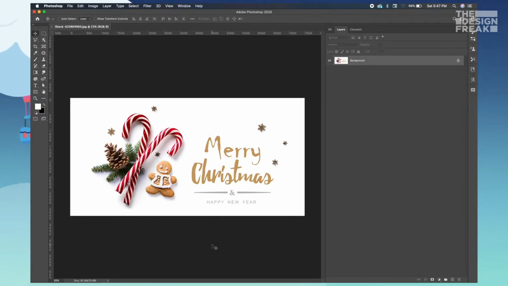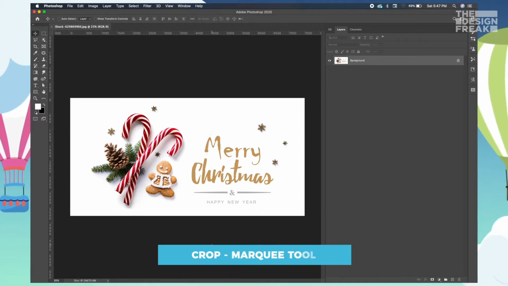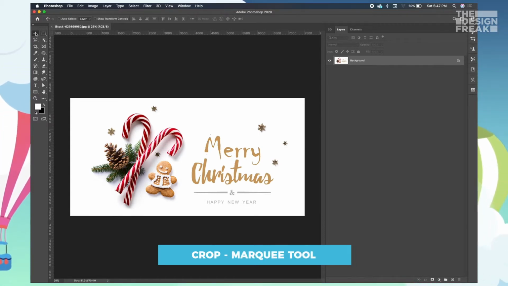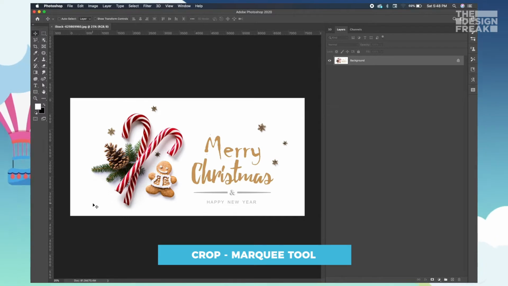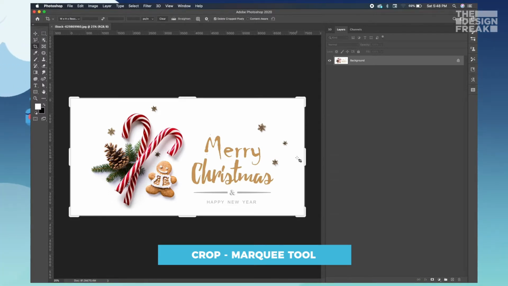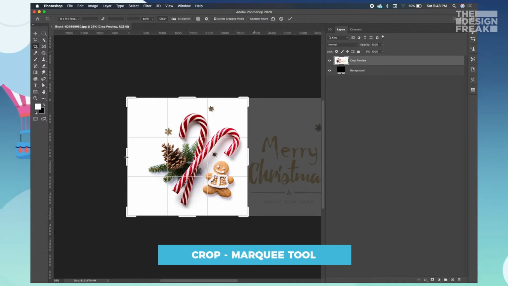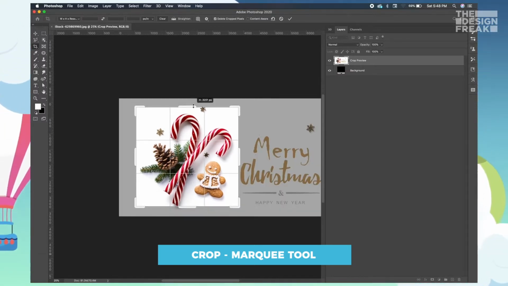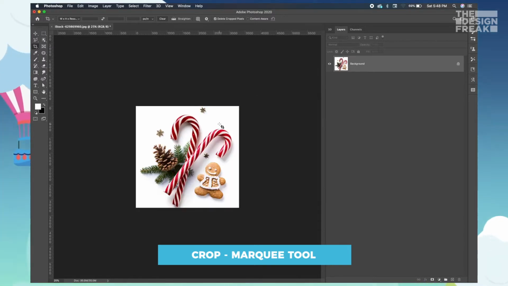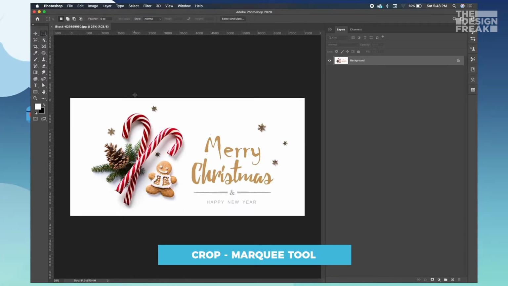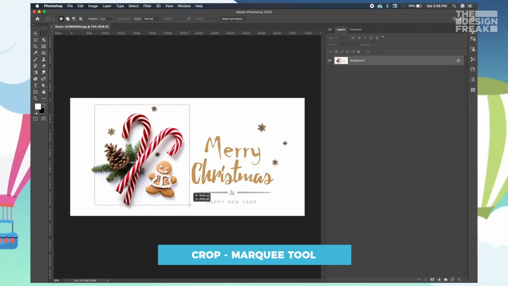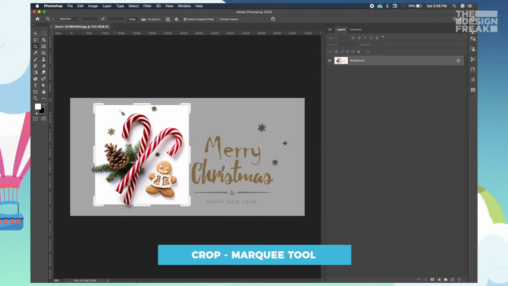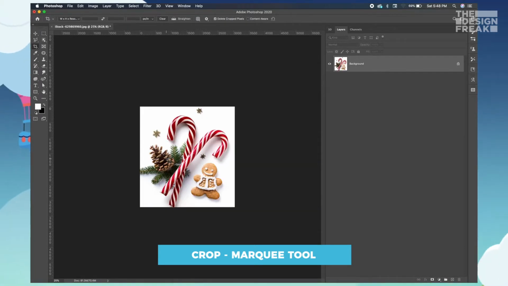Now let's do a thing. Let's crop in a much simpler way within seconds. What I have recently discovered is, for example, if I had to crop this area, usually what we do is we go on the crop tool, we literally rescale it to whatever we'd like. Yeah, done. Now this takes a lot of time. Instead, what I've recently discovered is, take your marquee tool, shortcut is M, select whichever area you'd like and just press C. Done. Your area has been cropped and taken care of. It has literally taken 2 seconds for you to do that.